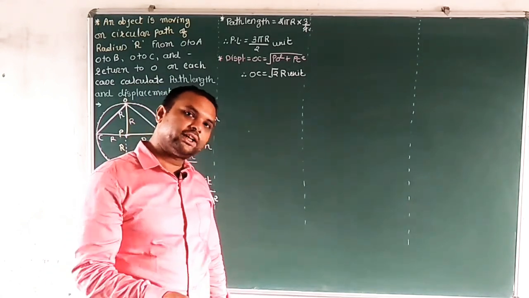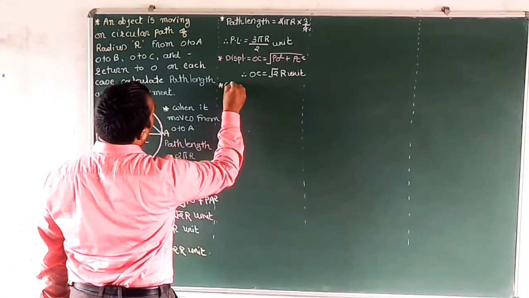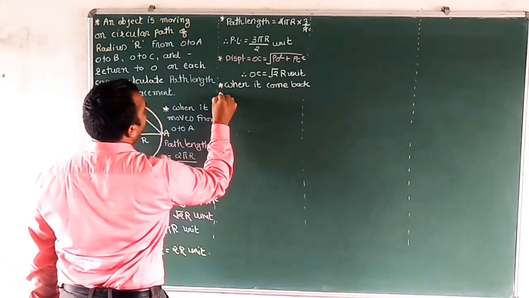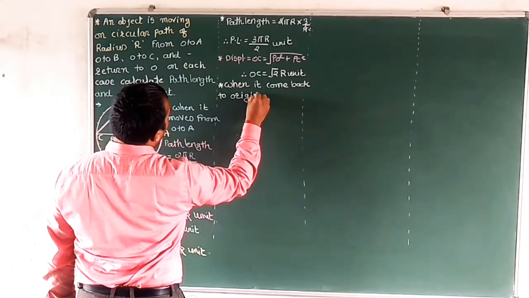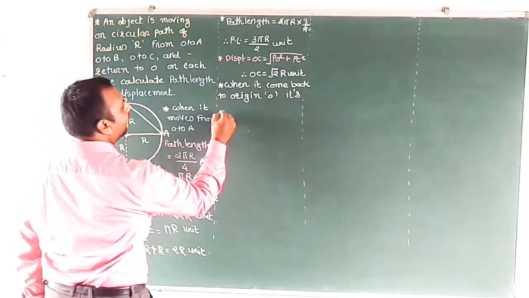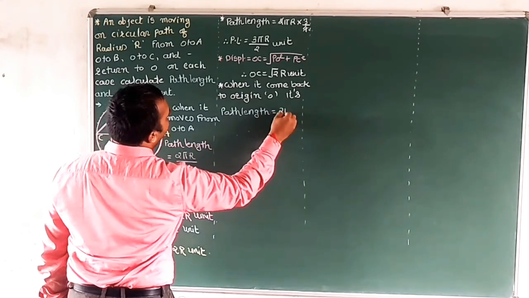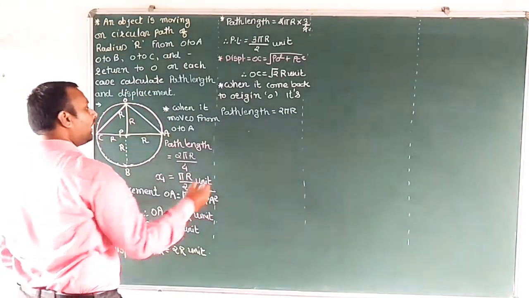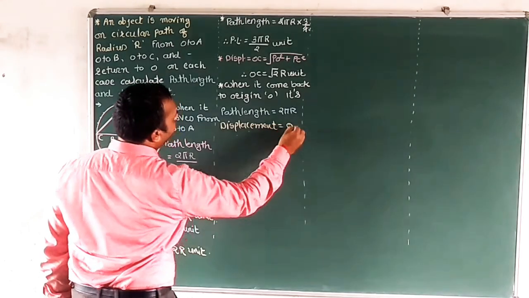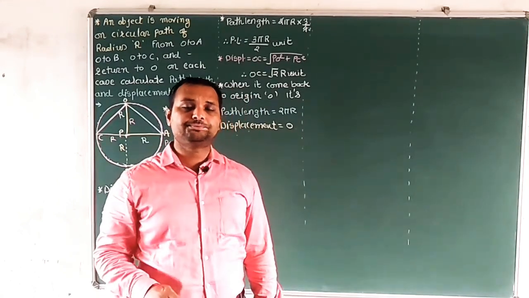Because initial position and final position is same, so total displacement is 0। Okay, so when it comes back to original O, its path length is equals to 2 pi r, and displacement equals to 0, because its initial position and final position is same।